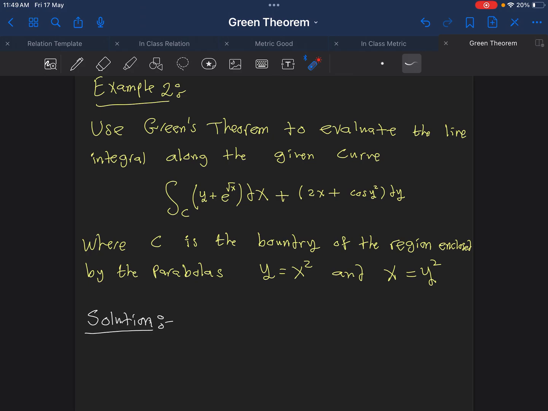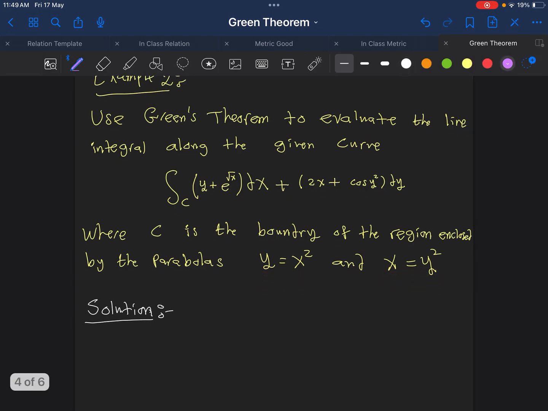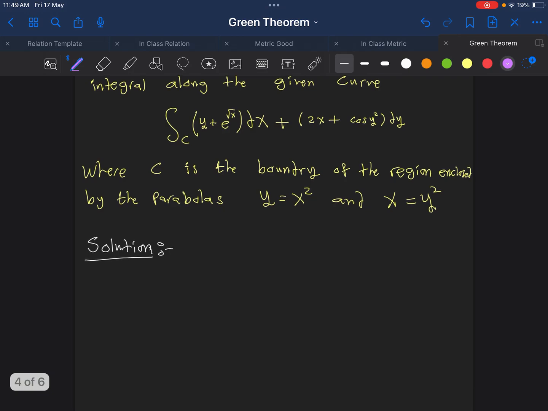In this part, we will use Green's theorem to find this complicated line integral over a curve C, which is a closed curve in the region bounded by those two parabolas. So we'll start by using Green's theorem. So by Green's theorem,